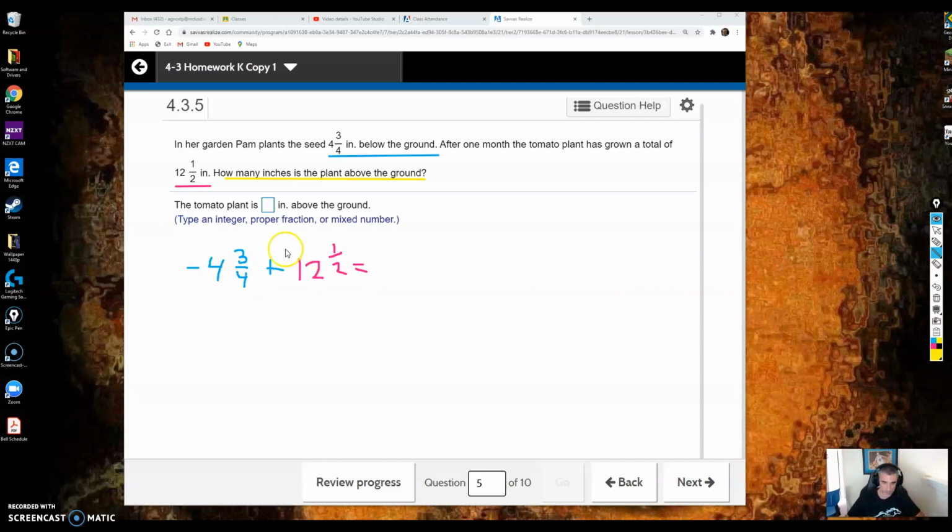So I'm going to go ahead and convert these both into decimals, since 3/4 and 1/2 are easy to work